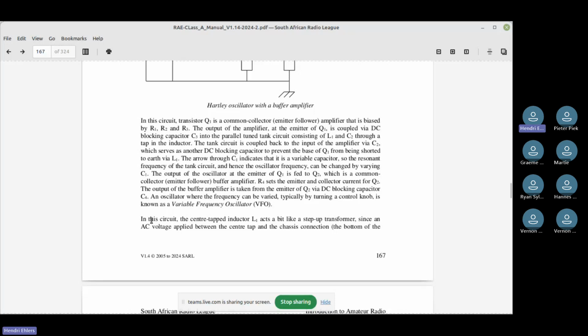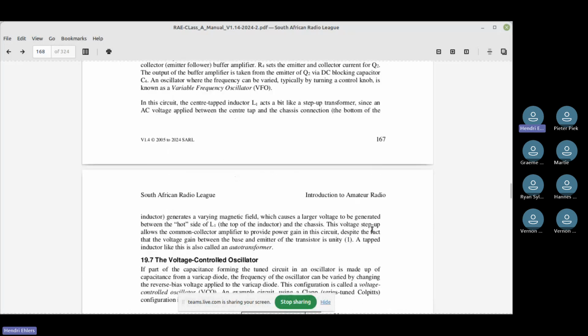They say that in this circuit, the center tapped inductor, which is this transformer, is a bit like a step-up transformer, since an AC voltage applied between the center tap and the chassis connection at the bottom of the inductor generates a varying magnetic field, which causes a larger voltage to be generated between the hot side of the L1 and the chassis.